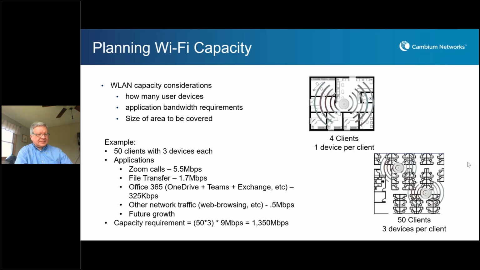I'll go back to roaming. Roaming at layer 2 is critical for any Wi-Fi network. I mean, that's the purpose of a Wi-Fi network, is the mobility, right? You want your clients to be able to roam from access point to access point to access point as they walk through a building. When you look at the 802.11 spec,